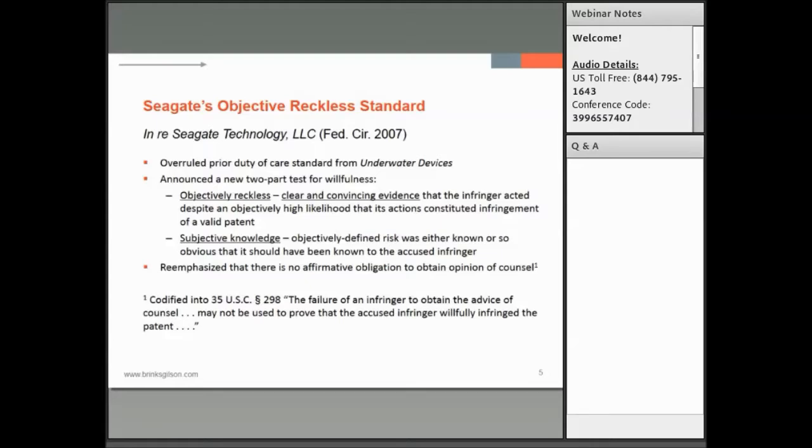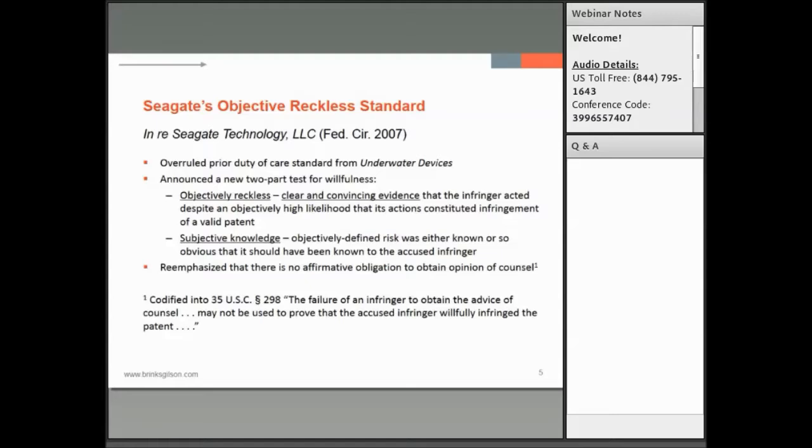The objective prong was evaluated by the record of evidence that was developed during the infringement proceedings. And this was pretty relevant because even if the defenses were unsuccessful or defendants didn't even contemplate a defense at the time of infringement activity, as long as there was a substantial question of validity or non-infringement proved at the trial phase, then the objective prong would fail and willfulness would fail. So this was a pretty high bar,